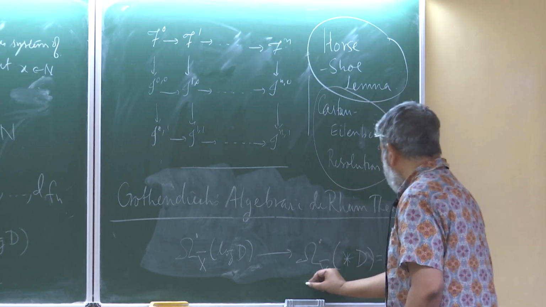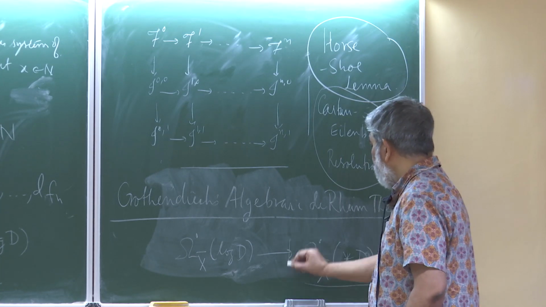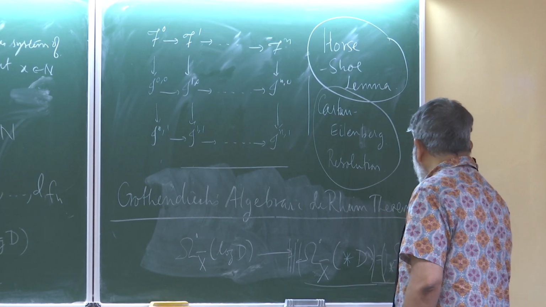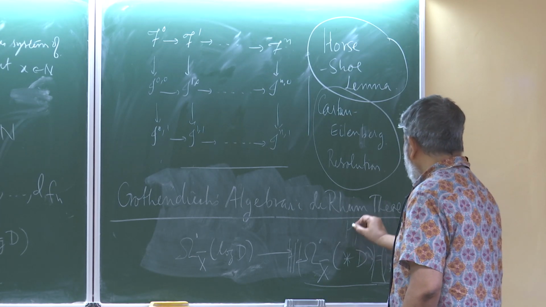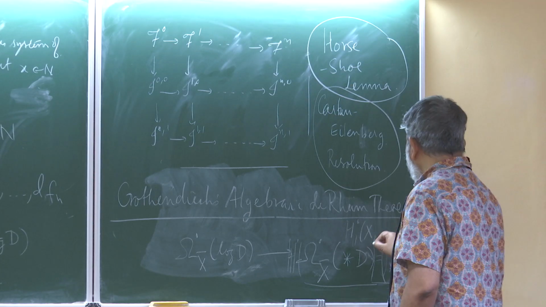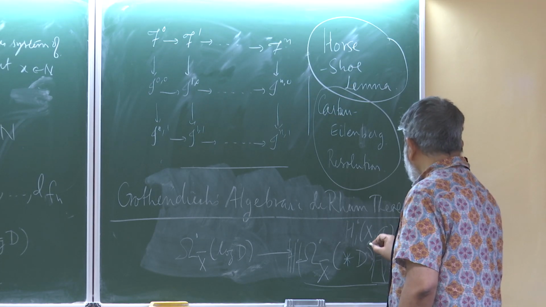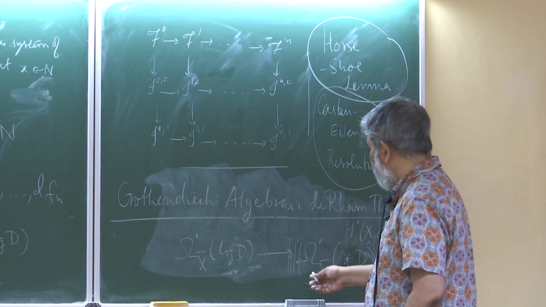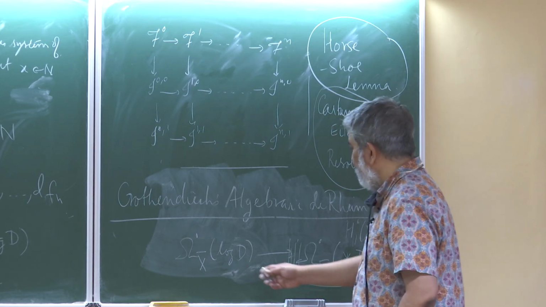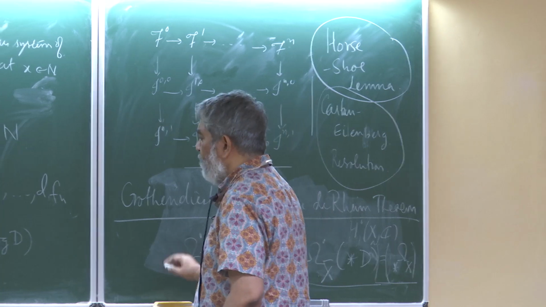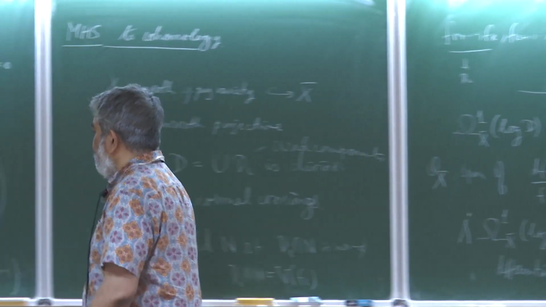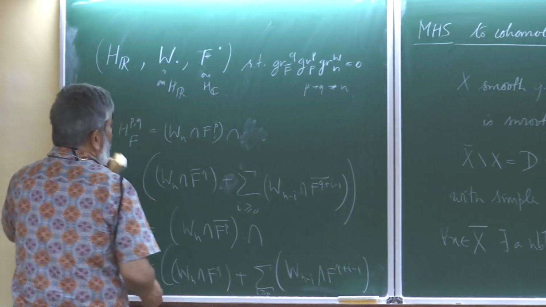Okay, so this guy computes the hypercohomology of this, which is the cohomology of x with C coefficients, of course in the analytic topology, right? Because here you have analytic, well, that's also something with work to be done there. So this actually computes the cohomology of x in the analytic topology, which is what we wanted.